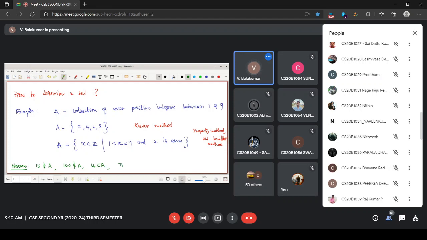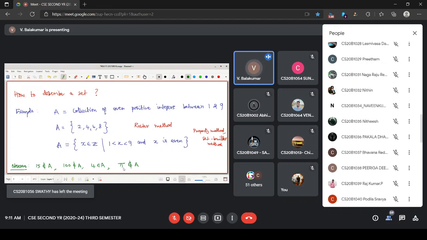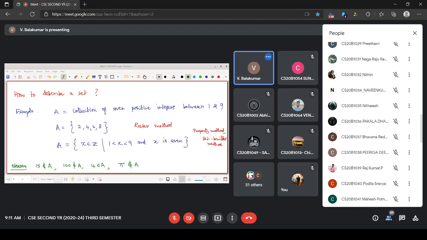If you give me this number, that does not belong to this set. 15, 100, 4, 5, pi are elements from some number system. Just I observe that they are not here. Only 4 is belonging to this A. Is it okay? Various forms of writing and deciding something belongs to there or not. You have any questions?